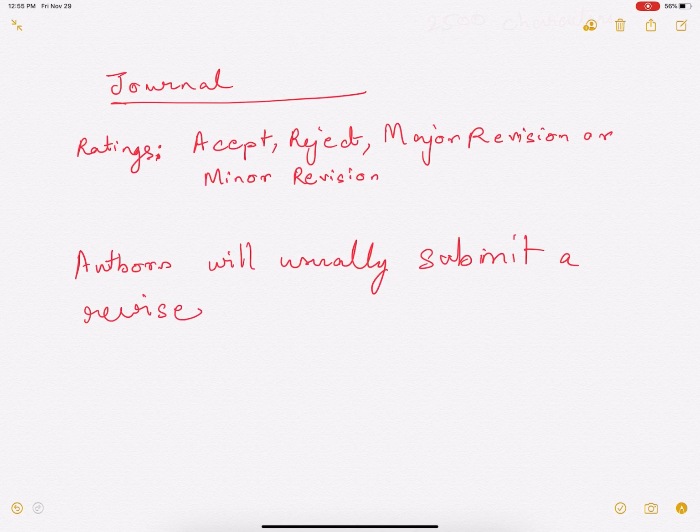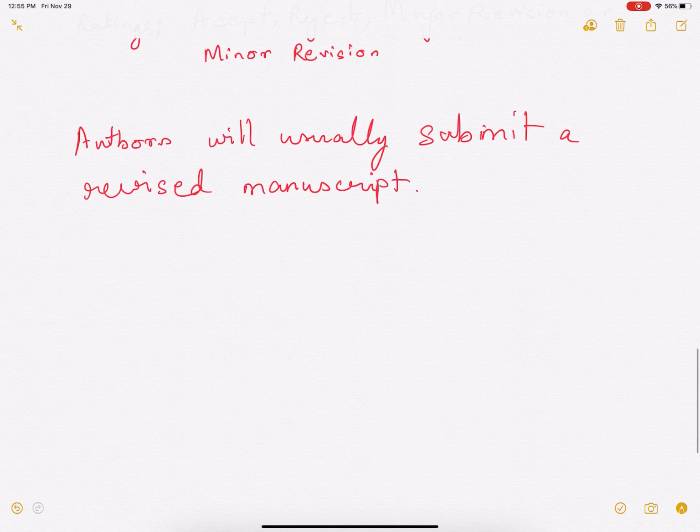Once the manuscript comes back, try to agree to review the paper. You should agree to review the paper again, because in that revised manuscript, the authors would have addressed your comments. So agree to review the revised manuscript,